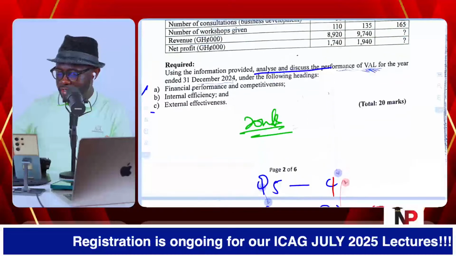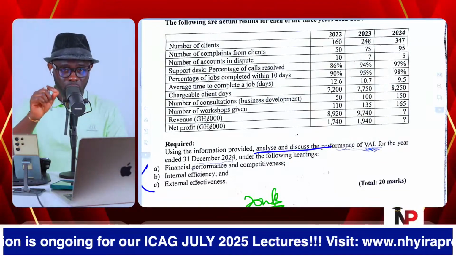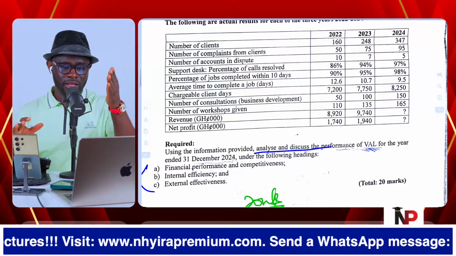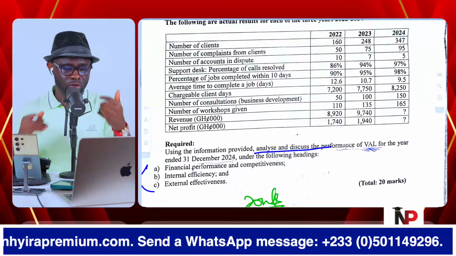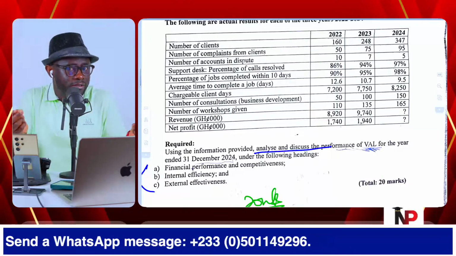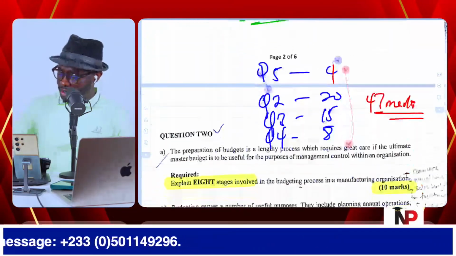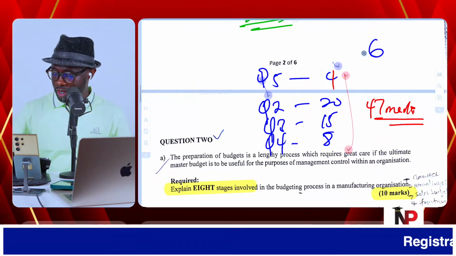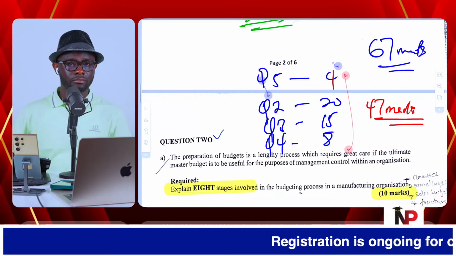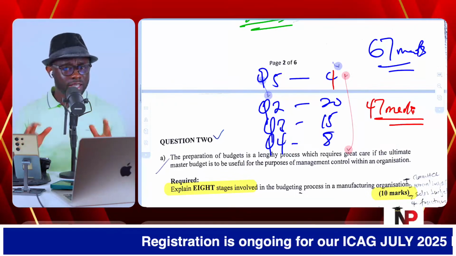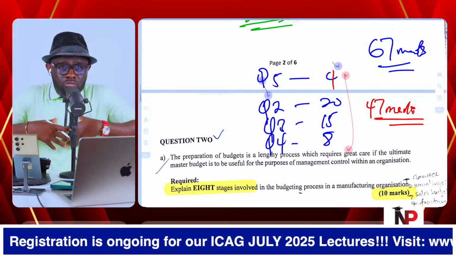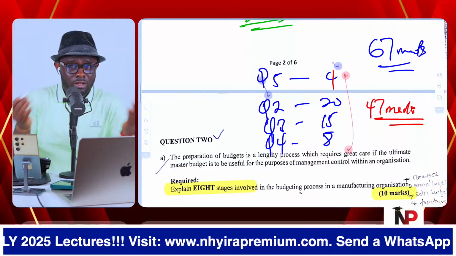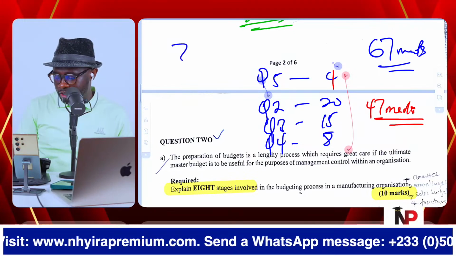Now, if I should add the question 1, which was purely analyzing, because we are analyzing the performance of the entity. So you are not doing any calculation, you are writing. So if I should add that to it, then you realize that writing alone is giving 67 marks. You are not doing any calculation, you are just writing. Then the ones that will require you to do any calculation, 33%.